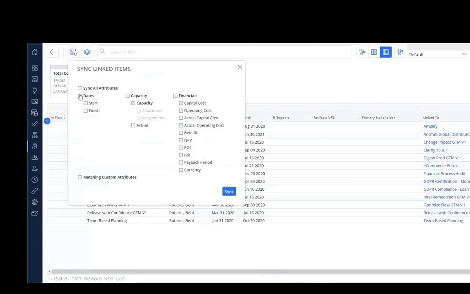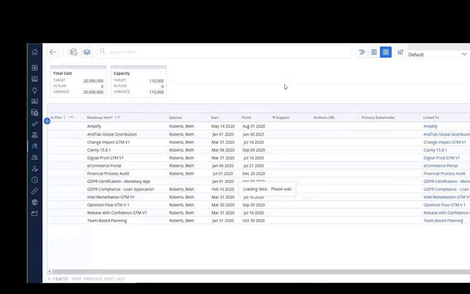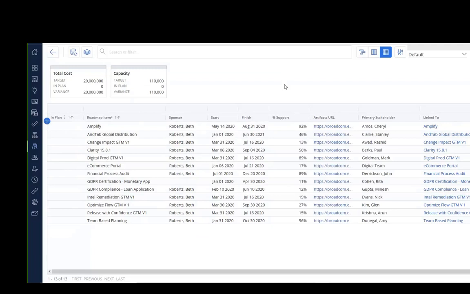So if I come on up to my sync linked items, in this case, those are custom attributes. So this is again specifically for custom attributes that you have of the percent, URL, or dynamic lookup type. I can then go ahead and hit sync, and then it will perform the sync for those particular fields. And once our sync has run through, you will get the data back from those fields as it was copied from the project. So that's important because it allows you to capture custom information like archives of artifacts,